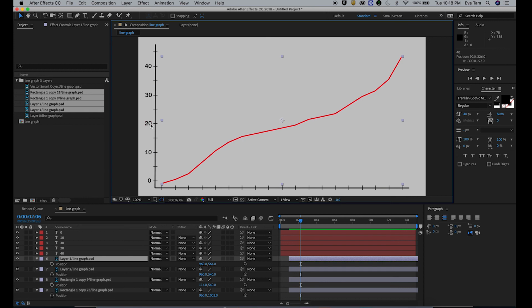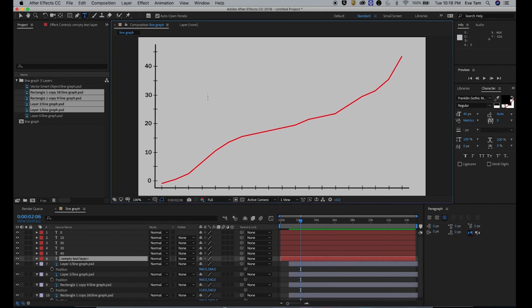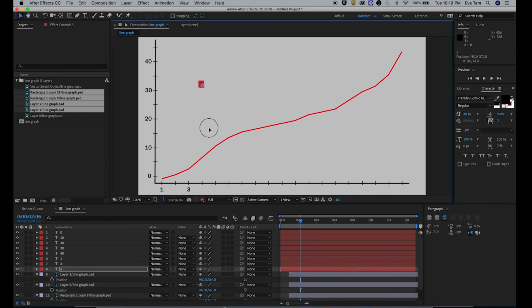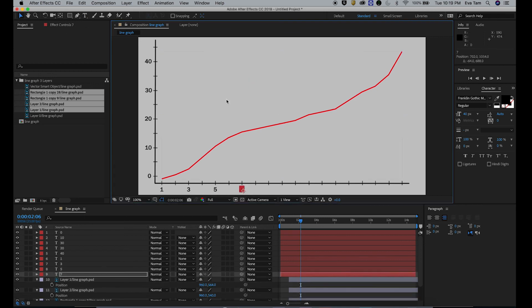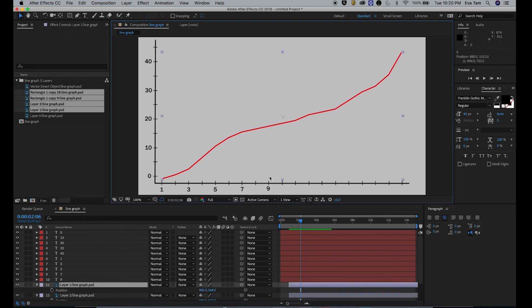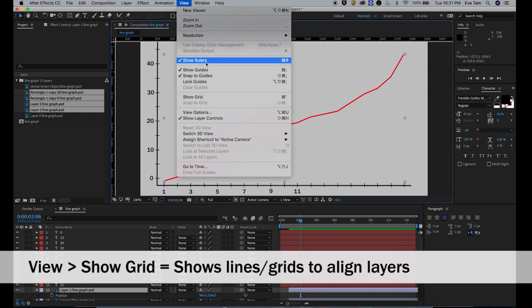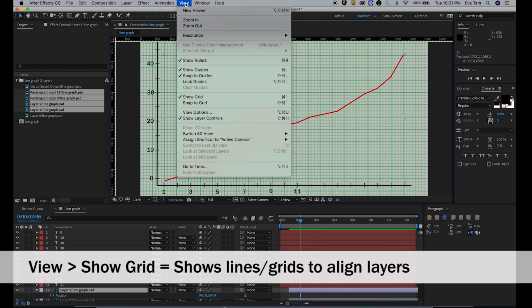Zero, 10, 20, 30, 40, 45. And then here, because that's week 1, I'm going to skip every other one. So 3. I am going to make sure they're all touching.